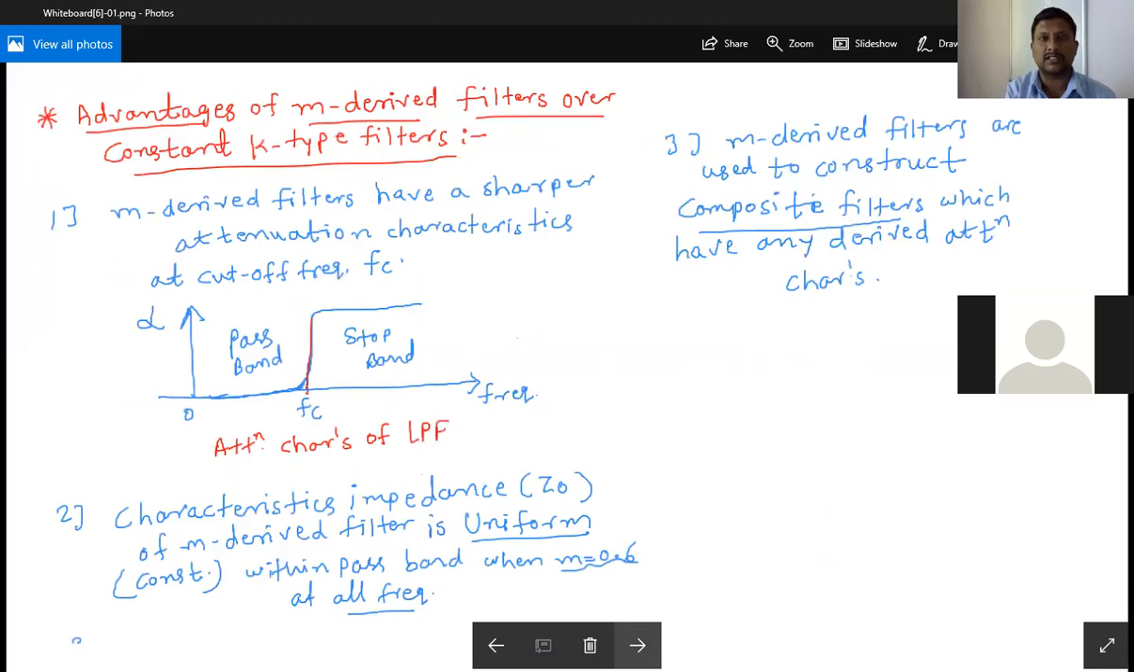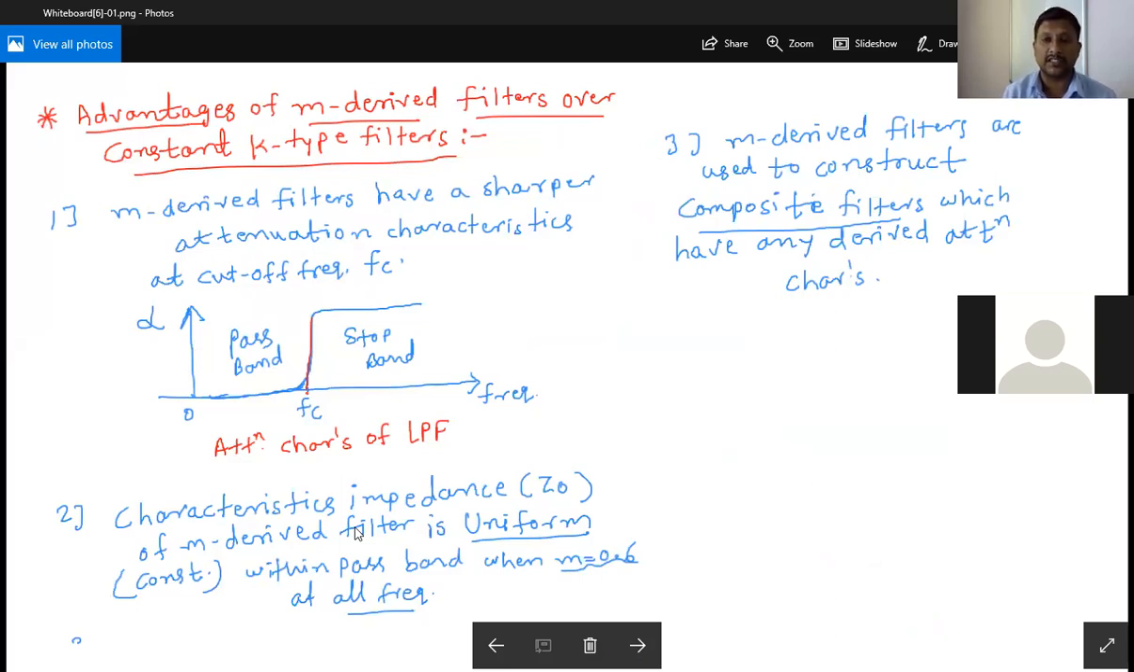Next, we discussed the advantages of M-derived filters over the constant K-type filters. There are three advantages. First, we get sharper attenuation characteristics at the cutoff frequency. Means instead of getting a curve, we get sharper characteristics like an ideal filter. Second, the characteristics impedance Z0 does not change. It remains uniform within the passband at all frequencies,